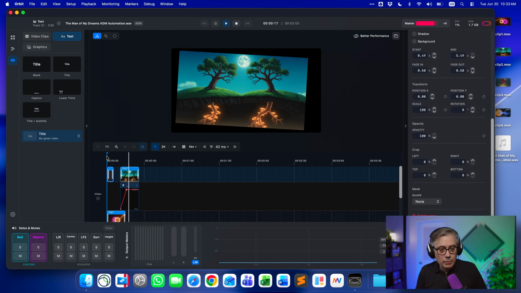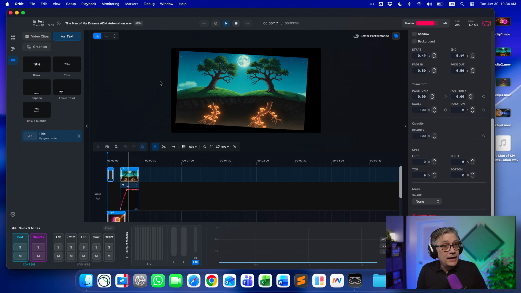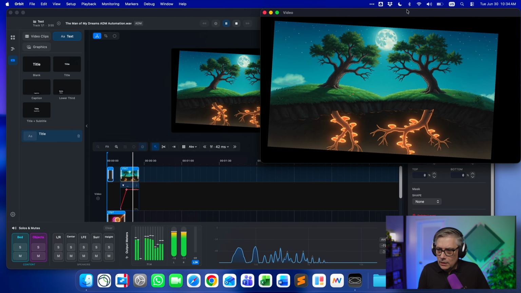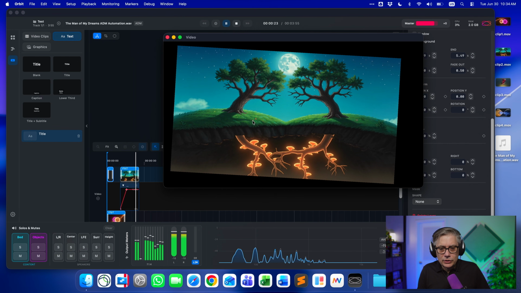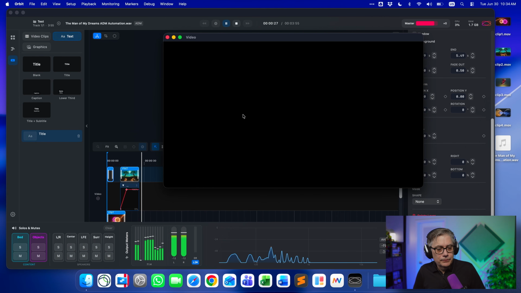Now, at the moment, there are really 2 use cases. The first use case is that you can use that, for example, for VJing. So if I go back here and click on this little button, it will open up a separate video window, and I can maximize that. And then if I play the audio, I now have this video that I can project, for example, on a screen, and I can do some VJing that way.